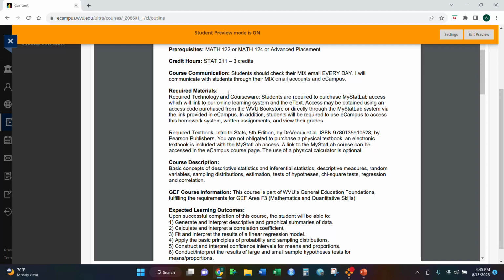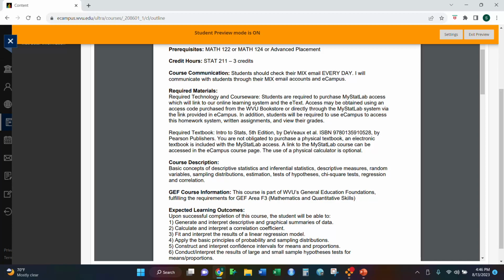Required materials for this course. Students are required to purchase MyStatLab access, which will be linked into our own learning system, which contains the e-text and all of your assignments. You can get an access code through the WVU bookstore. I do not recommend doing that option. With all the respect to the bookstore, I've experienced over the past, not 10 years, oh my gosh, no, 5 years plus,